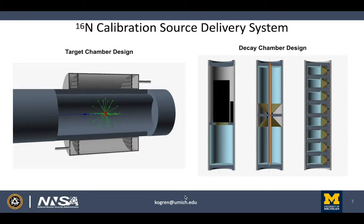So the design that's currently being considered is based on one that was successful for the Sudbury Neutrino Observatory, which utilizes a DT neutron generator and a gas target chamber volume around the generator, in which a CO2 target is used to produce nitrogen-16 via the (n,p) reaction. And then that nitrogen-16 is built up in the gas, and the gas is piped into a smaller decay chamber, in which the decays take place and the calibration source is delivered into the volume of the